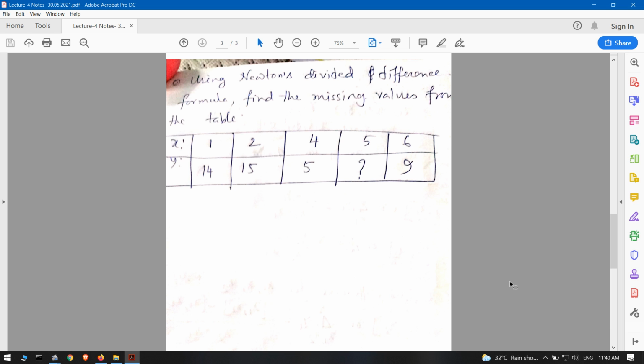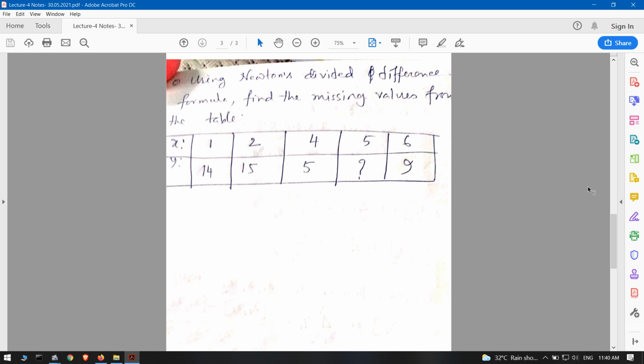Again the first column will be x, and the values of x are 1, 2, 4, 5, 6. The corresponding values of y that are given are 14, then 15, then 5,